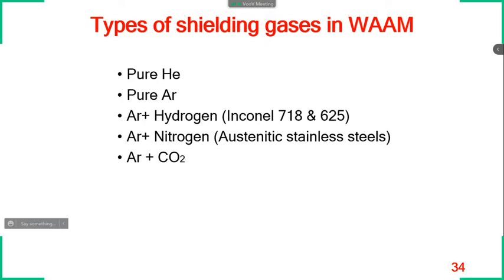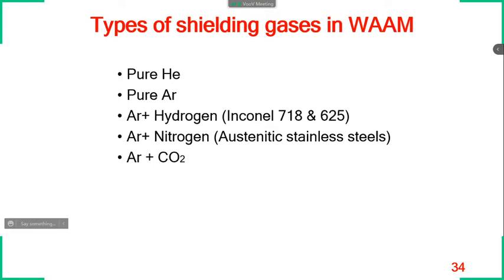Actually, as far as wire arc additive manufacturing is concerned, we will be using a variety of shielding gases. As I told you earlier, wire arc additive manufacturing doesn't need a controlled environment. So we can even fabricate in an open atmosphere, because we are using a shielding gas. So there comes a question: what type of shielding gases can we employ? Generally we can go for pure helium, or else we can go for argon, or else in case if we want to